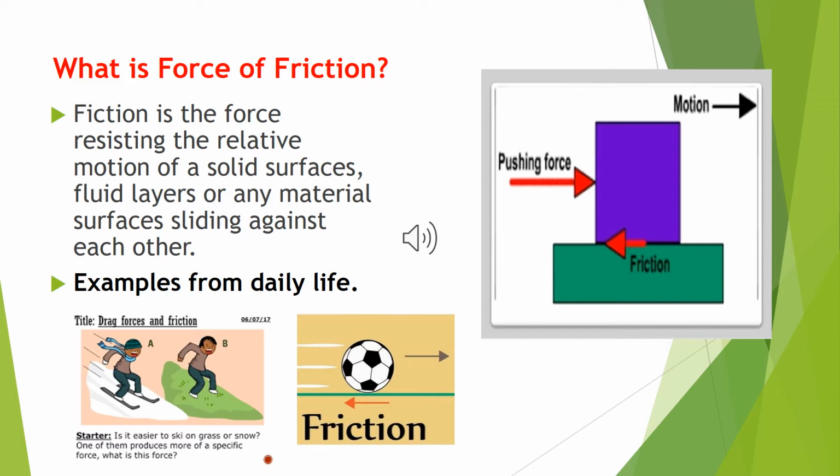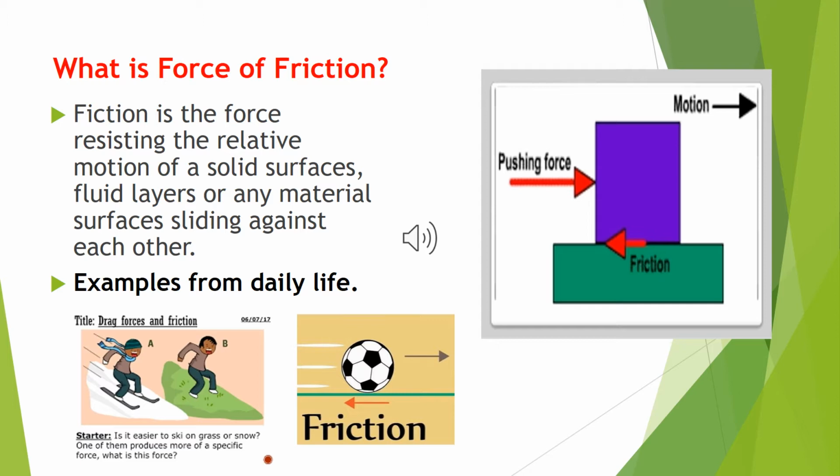So you observe in your daily life when you push a ball, it covers a certain distance and then it stops automatically. So why does it stop? A force was actually resisting its motion. When the ball was rubbing against the ground, the ground exerts the force of friction on the ball, and that's why